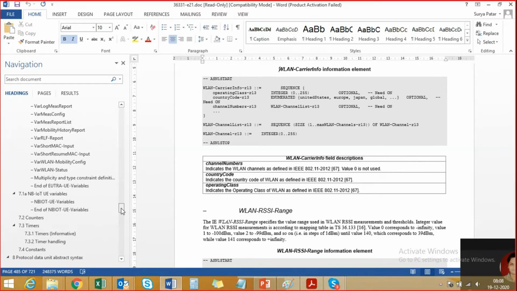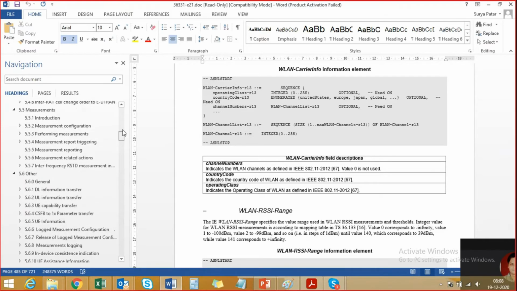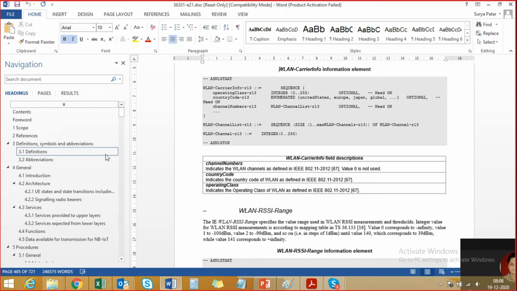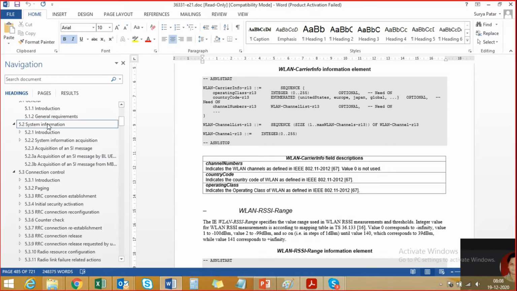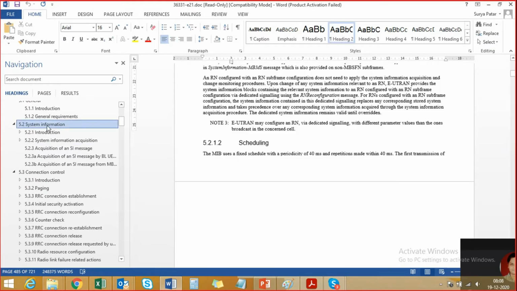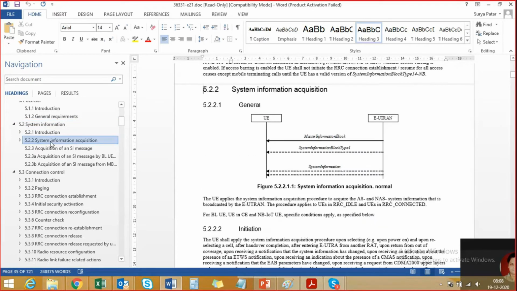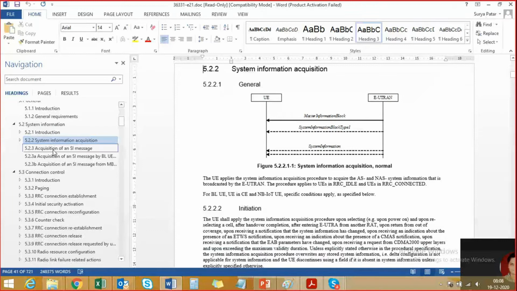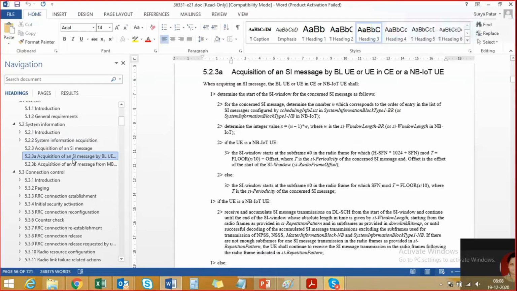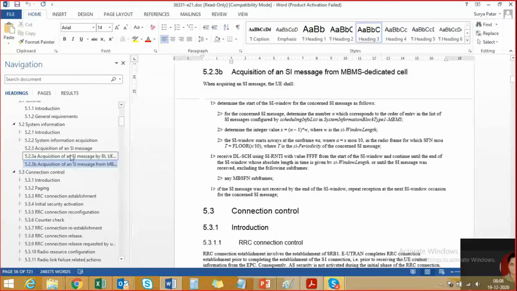question in your mind. That is fine, and we can discuss new questions. But I will go with you in this sequence. Is that fine? And as and when, we will jump into these specs. So the first topic, according to this, is your system information. Let us talk about how the system information acquisition is done, how the acquisition of the SI messages is done, and how acquisition of other SIBs and MBMS is done. That briefly I will tell you, but the main focus is on that.